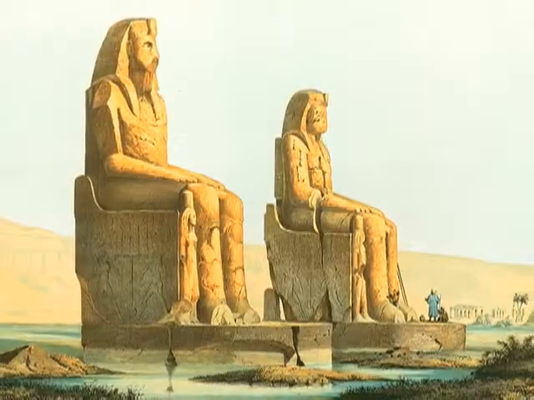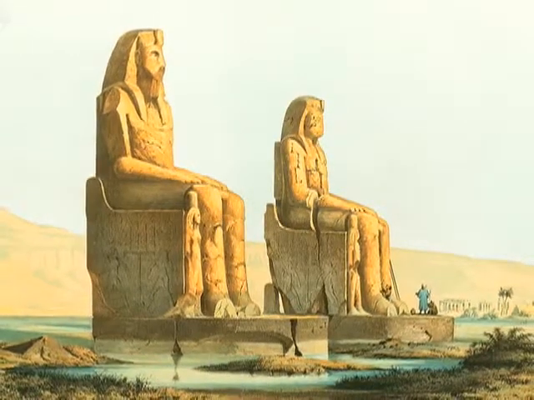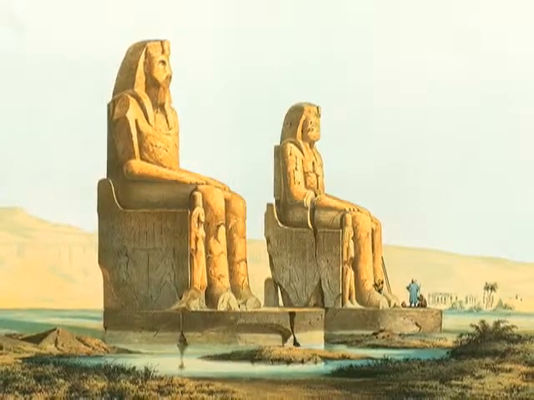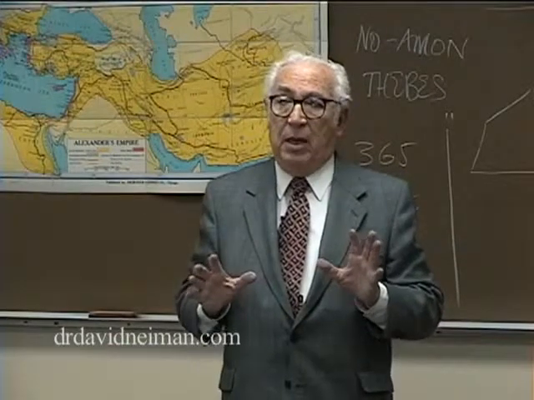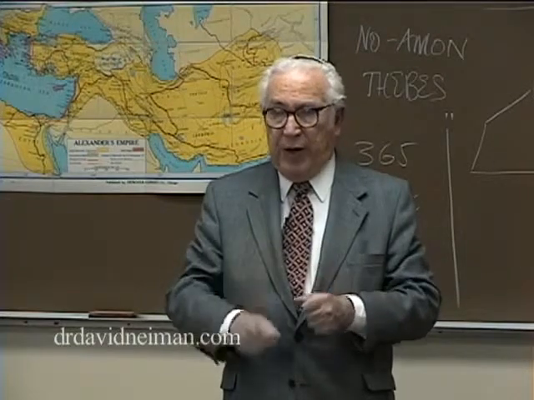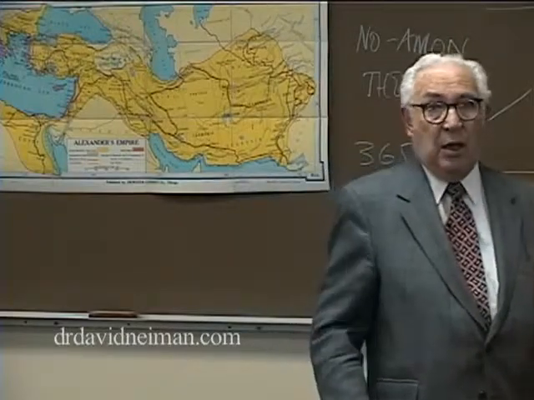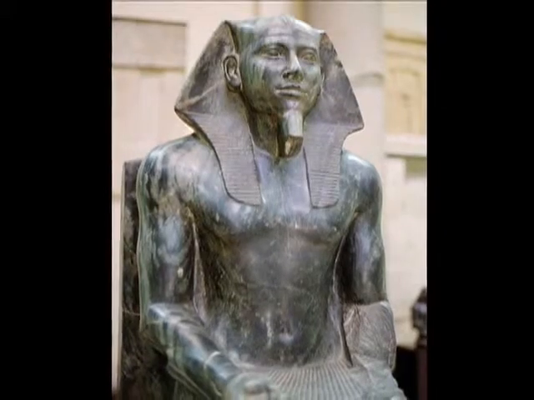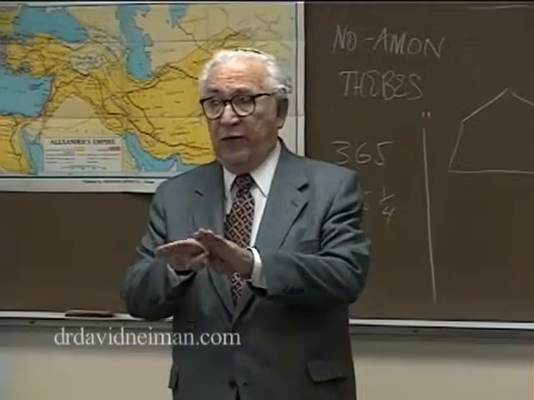What's interesting about the statuary of the pharaohs in this period, I'm talking about the period, let's say, from 2400 BC to 1400 BC, a period of 1,000 years. There is a static quality about them, an academic quality. In other words, the sculptors, the artists were trained, this is the way you do it, and this is the way they represent it. So the pharaoh is always represented either as standing with his rod or scepter, or seated on a throne. And sitting on a throne, you couldn't tell the difference between one and another.